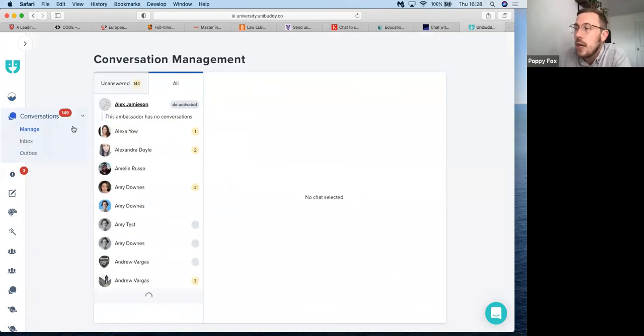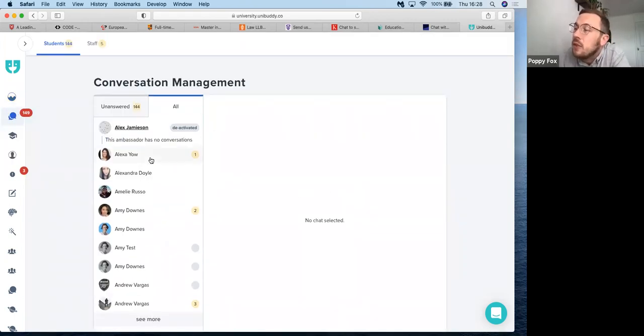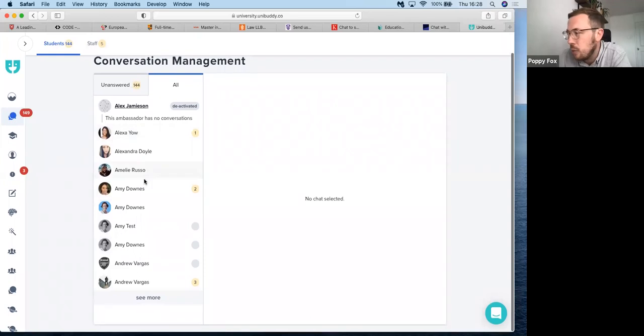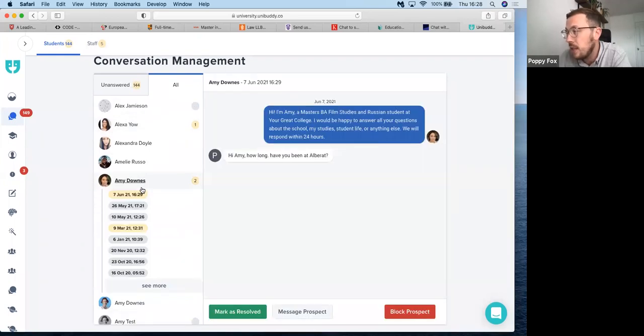So as well as seeing the amount of time that ambassadors are spending on the platform, you can actually be more granular than that. All of your ambassadors will be listed within the dashboard, and you can click into them and see their conversation history. And the reason we give universities the power to do this is not to enable spying or big brother type behavior. This is really about peace of mind and security.